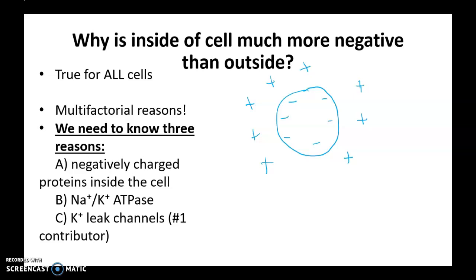Now, why is the cell so negative? First, we have some proteins inside the cell, right? The cell makes a lot of proteins. So these proteins, let's draw some proteins. Now these proteins are highly negatively charged. So the negatively charged proteins that are built inside the cell contribute to the negativity inside the cell. Secondly,